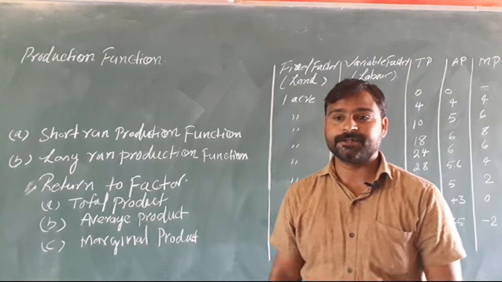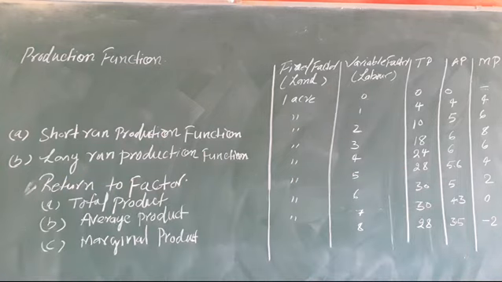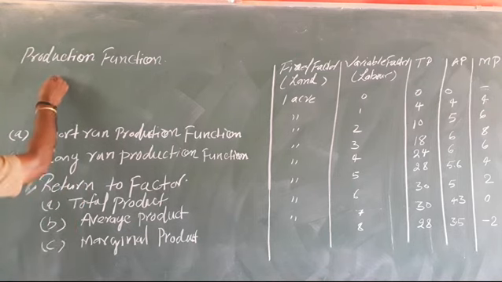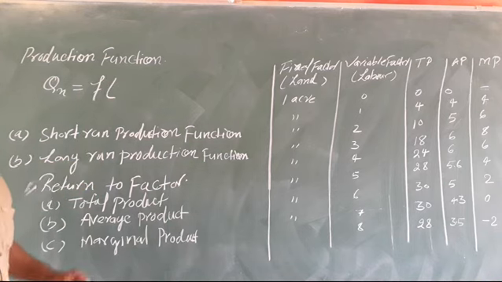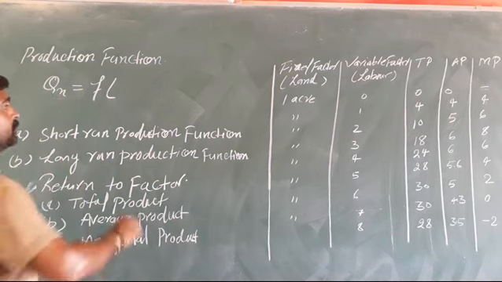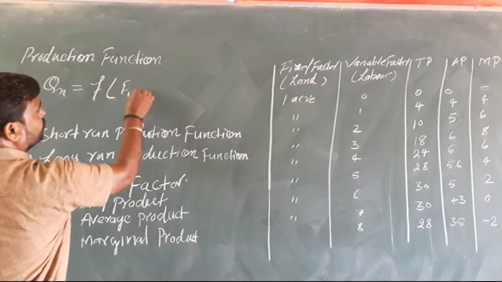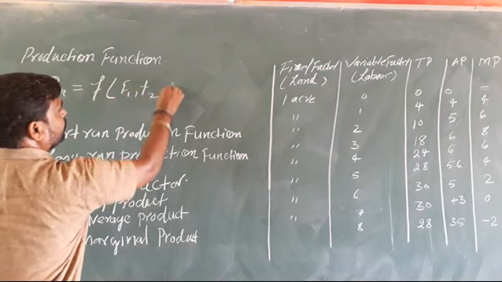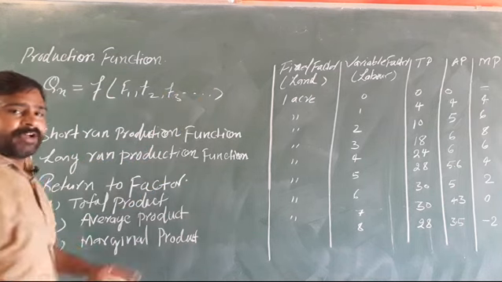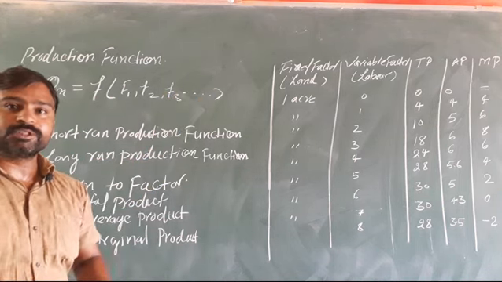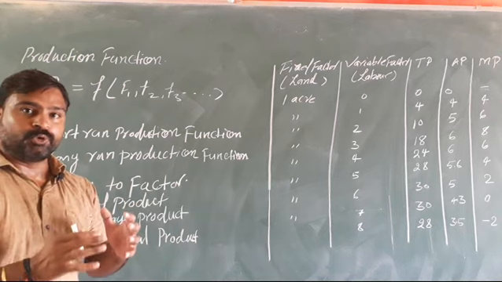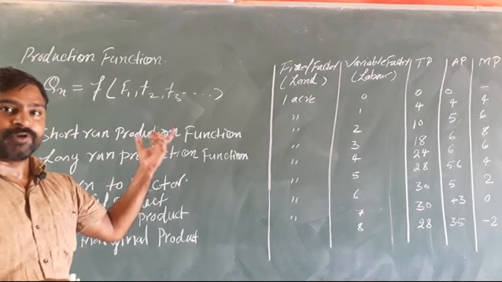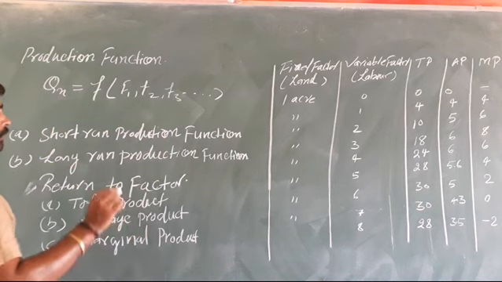When we talk about production function, we state all the terms which are concerned with the production. Suppose we are talking about the quantity of commodity X produced, the function will involve all the factors which are responsible for the production, such as F1, factor 2, factor 3 and so on. All the input factors which maximize the total output with the given quantity of input factors of production and the given technology.